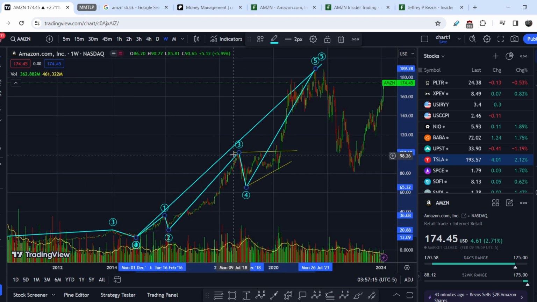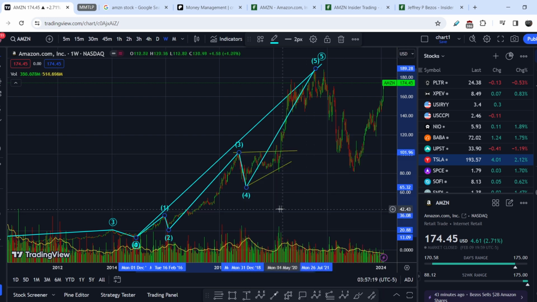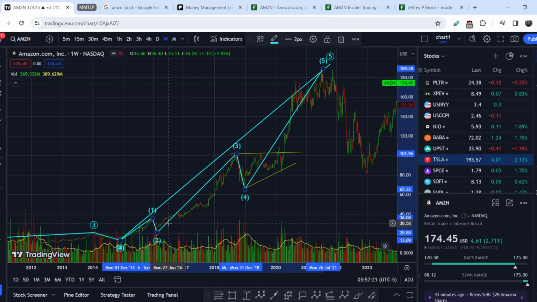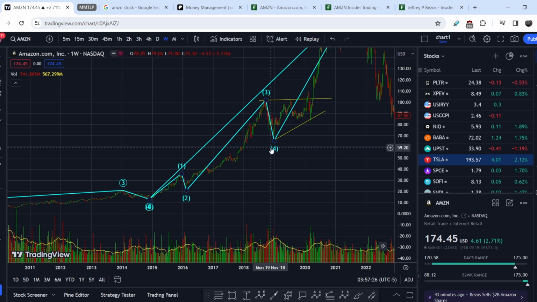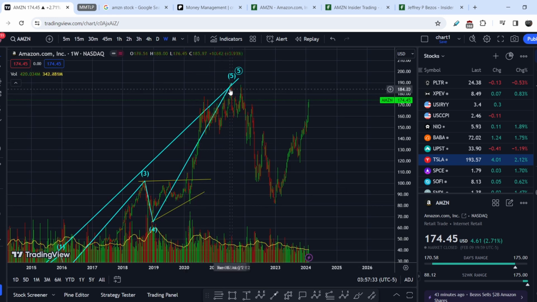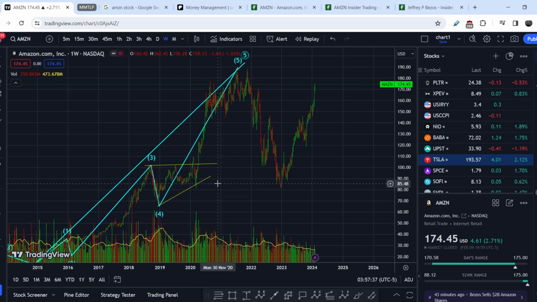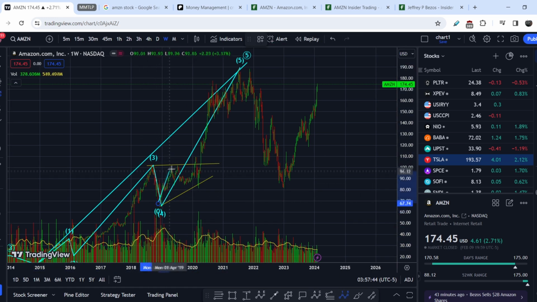So first of all, we have to downgrade the scale, and let's put it this way, intermediate. And right here, let me show you that inside this third wave, we also have a 5-wave structure, and you can clearly see it. But we are interested in the fifth wave because we have to identify whether it was the top or not. And from this point, potentially we also have 5 waves. This might be the first wave. Here is the second,